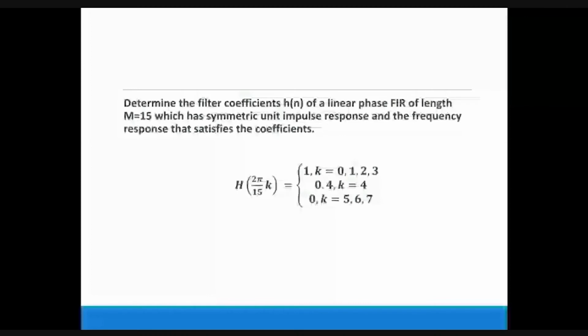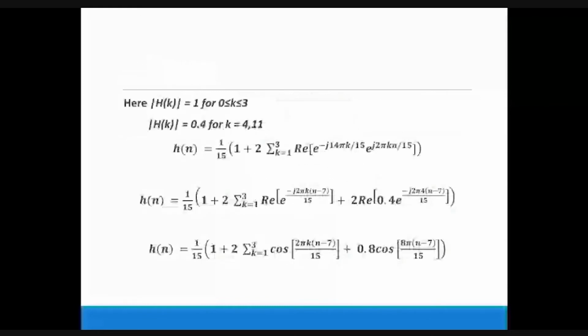And sir, how do we put it in the real equation? Can you explain again? Yeah, I'm showing that. In the real equation, we are taking the real part of this value, whatever value that I'm applying over here, e raised to j 2 pi k. So instead of k, I'm writing the value 4, because this particular part of the equation is applicable for the value of k for 4 only.